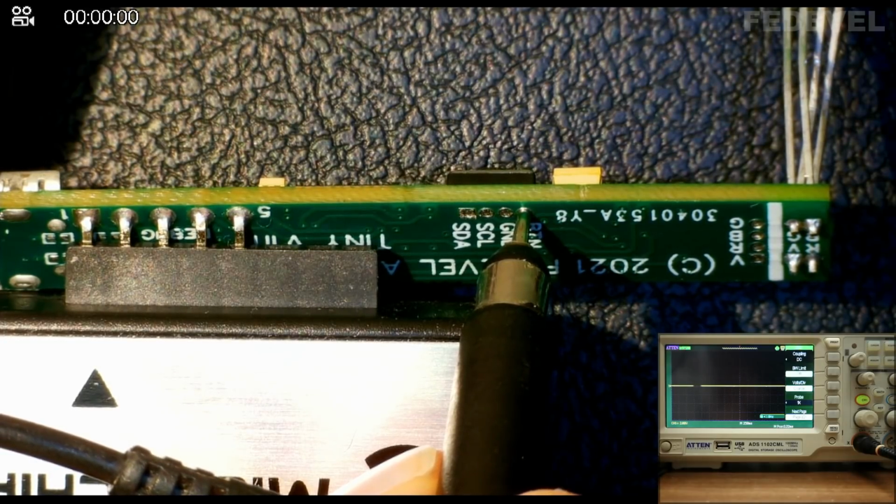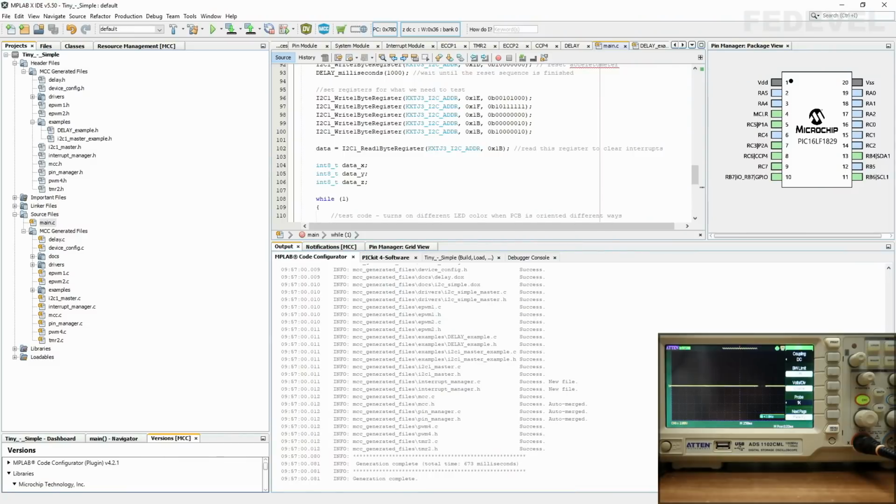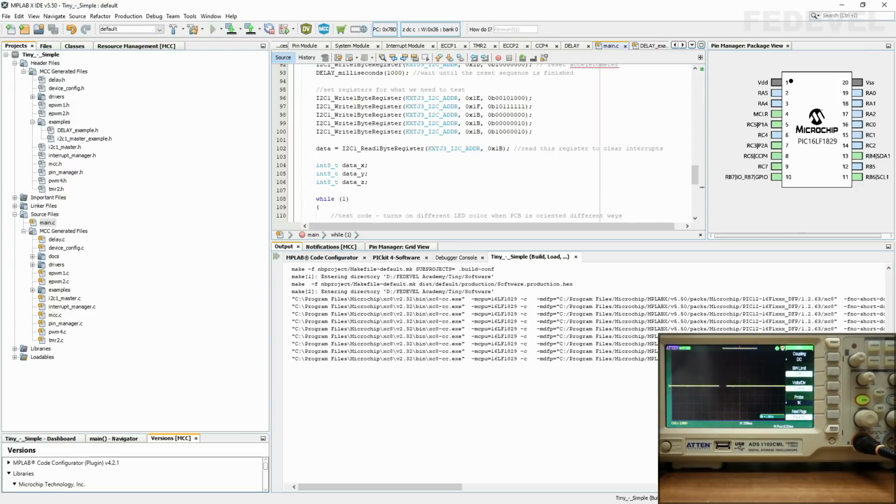So when we go back to MPLAB and compile this new firmware, we should see the internal pull-up being enabled, so we should see this signal go high. Left click here and let's see what will happen.